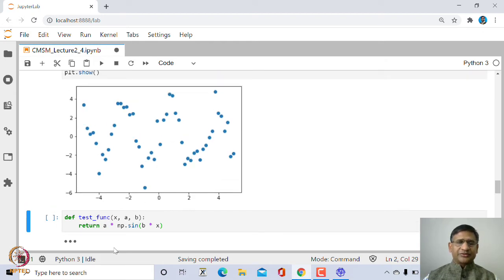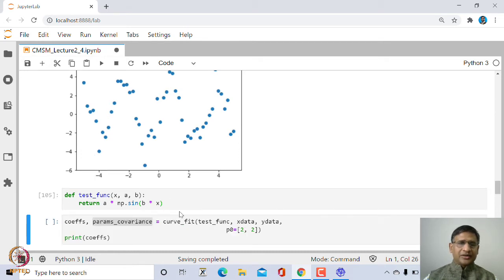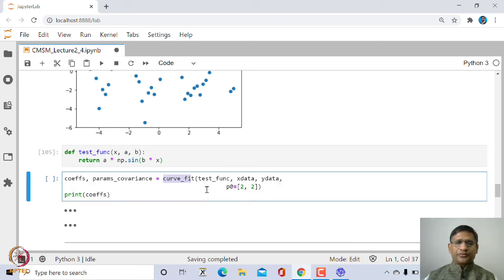So in this case let us say we want to fit a function which is a times sin bx. So we need to find what should be value of a and b which best fits this set of points. So first we will define this test function, or you can call this a model which you want to fit, and then use curve_fit and give the test function and then the x values and y values of the data, and you also need to give the initial point.